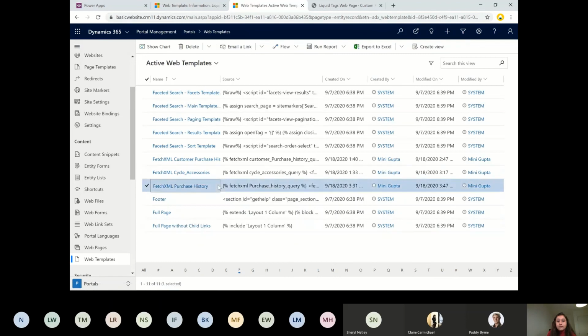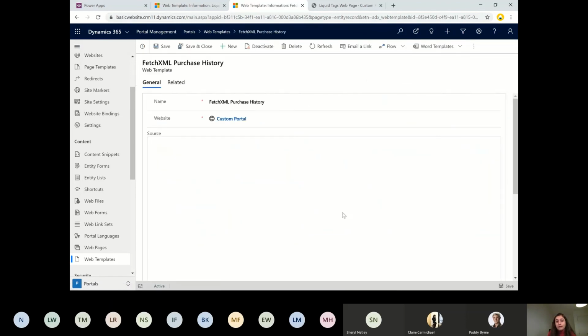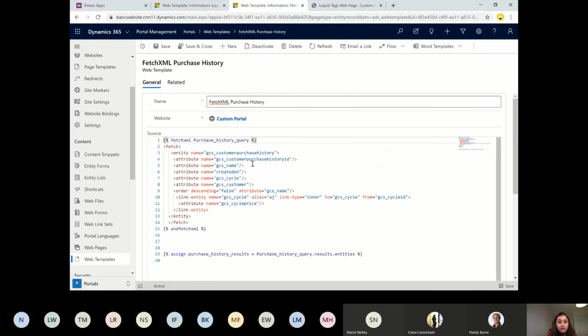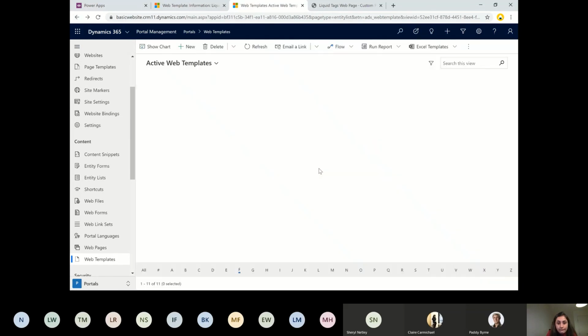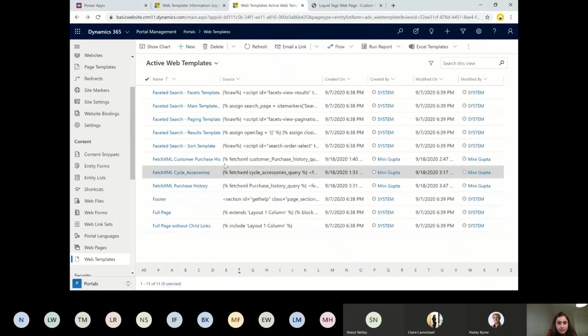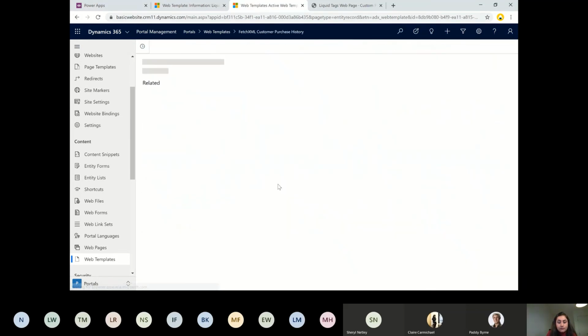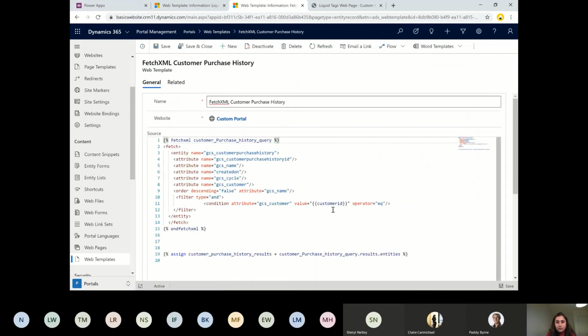And if I go to the purchase history, this is using the dynamic parameter, as I will show you here. So purchase query, here we have somewhere a linked entity. Fetch XML customer purchase history, I think this is the one. So you see I'm using this particular dynamic variable, which I'm passing the value from there, just including.